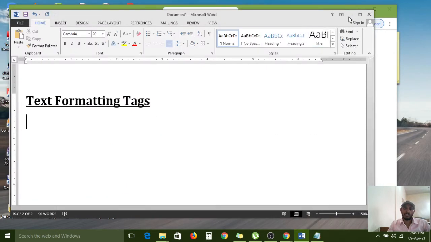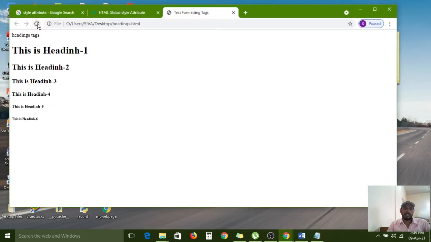If you do any modification then compulsorily you need to save again and execute this one. So this is heading 1, this is heading 2, this is heading 3, this is heading 4, this is heading 5, this is heading 6. So total six types of heading sizes HTML has given. Understand? The web developing people have six types of headings. If you want to use them anywhere, depending on the size you can use. But the main heading is commonly heading 1. After that you can decide as per your requirement. So these all are headings.